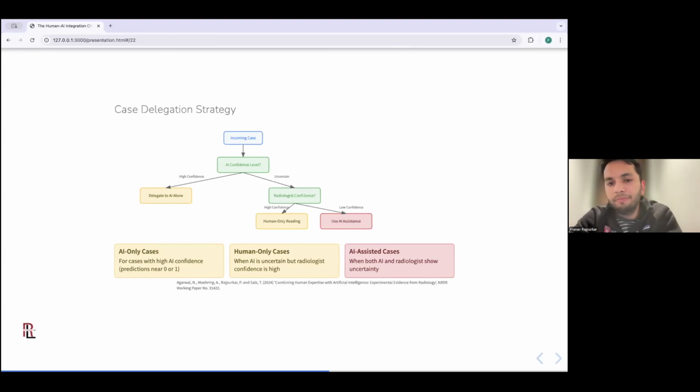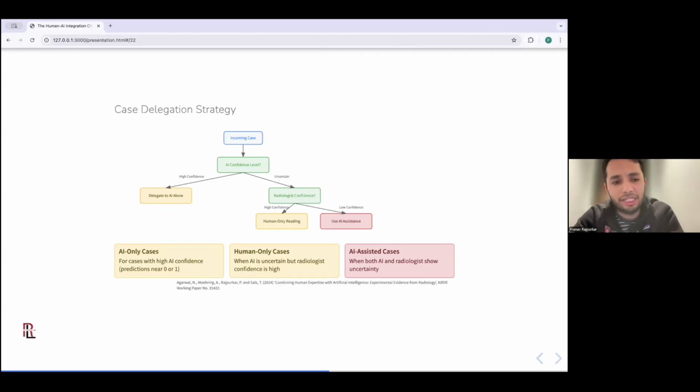When a case comes in, let an AI first run the inference on it. If the AI is confident, then just have it report on that particular case. If the AI is unconfident, then present that case to the radiologist. If the radiologist is confident, then use the radiologist read. And if the radiologist is unconfident, only then show the AI output to the radiologist. We showed that this made most sense in terms of optimizing for accuracy and also optimizing for cost with the data that we collected.